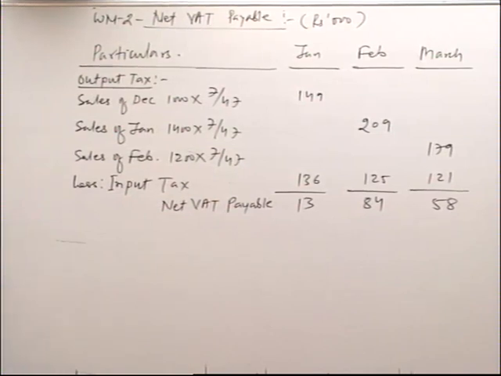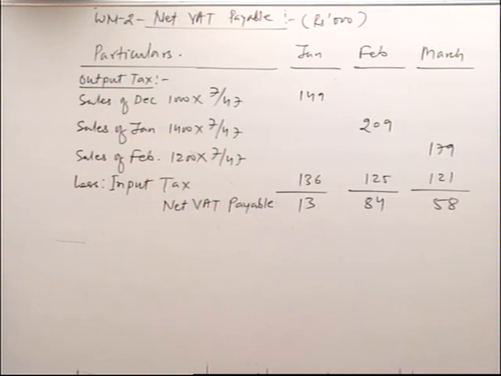This production overhead includes two types of production overhead, fixed as well as variable. Please see point number 5. The variable production overheads are paid after 1 month and fixed production overhead are paid in the same month. And this fixed production overhead includes depreciation of 1,64,000 every month. So what is the exact amount of production overhead paid each month, that we will find out.